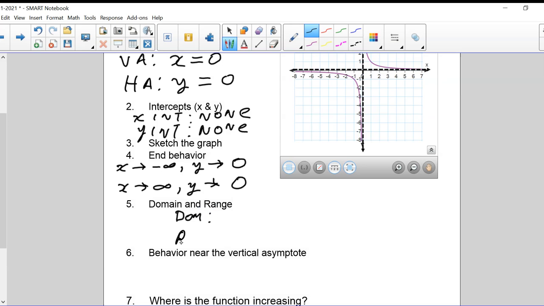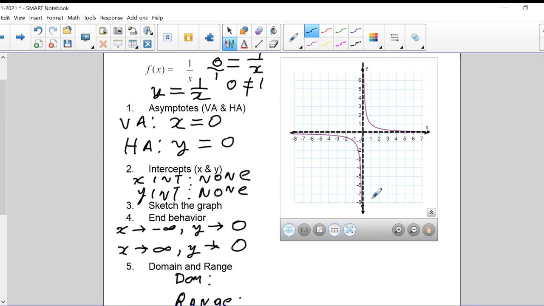Domain, remember, is all of my possible x values. How far does my x extend? Let's go back and look at the graph again. As I go to the left, as I go to the right,